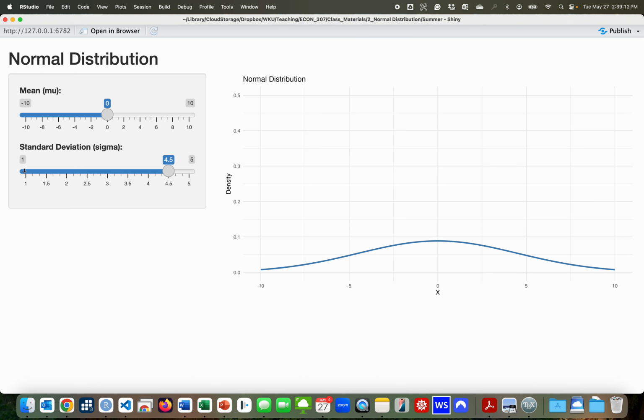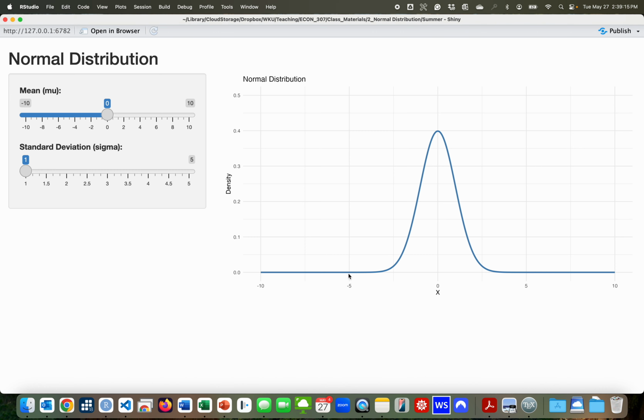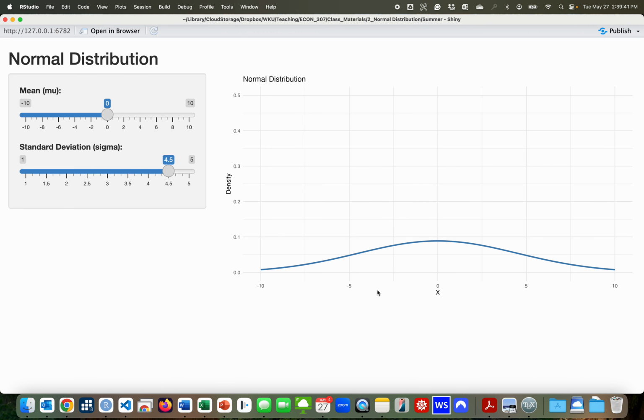So if we go back here to a standard deviation of 1, it's very unlikely we observe anything that's less than -3 or greater than +3. So less than -5, greater than +5, it's unlikely we observe values that extreme. But if we keep the mean the same and we increase the standard deviation to 4.5, notice we're now much more likely to observe values less than -5 or greater than +5, because those values are now